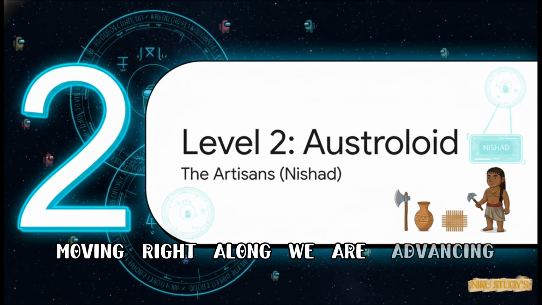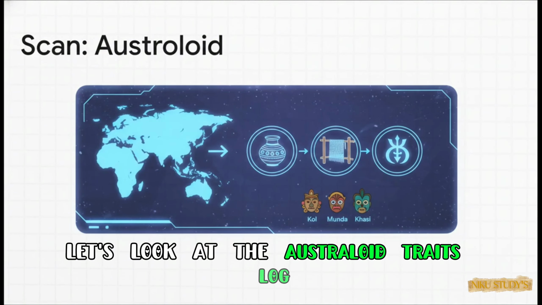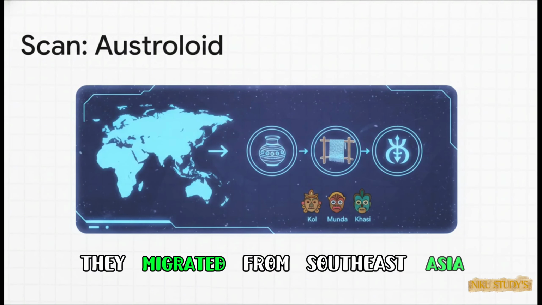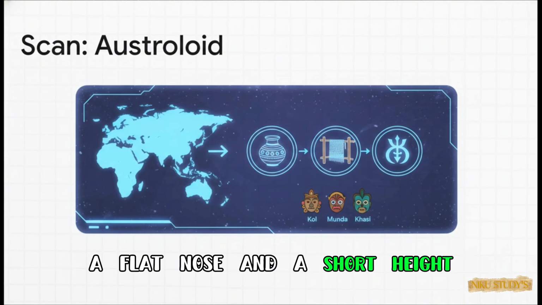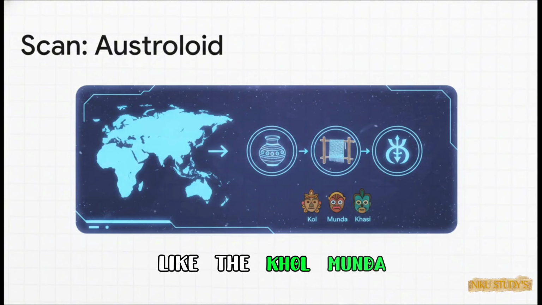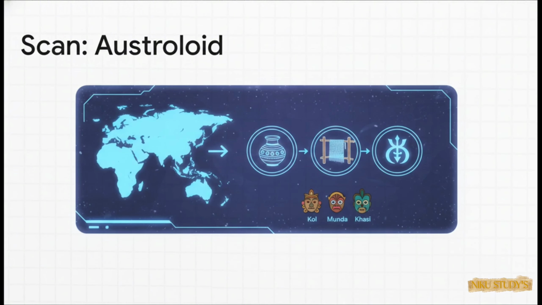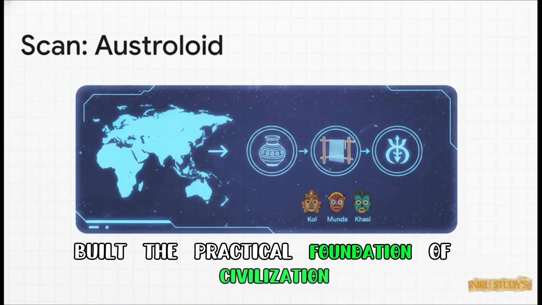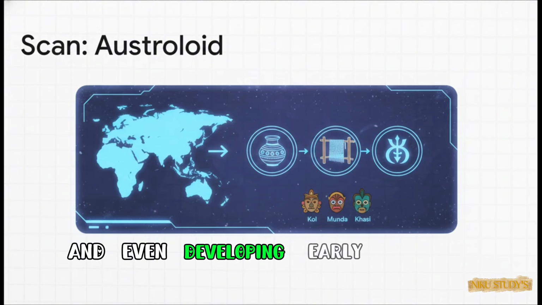Moving right along, we are advancing to Level 2. This brings us to the Austroloid people, a group whom the Aryans later named the Nishad. Let's look at the Austroloid traits log. They migrated from Southeast Asia, featuring black skin, a broad head, a flat nose, and a short height. Today, they are actually the ancestors of modern tribes like the Kol, Munda, and Kasi. But more importantly, they were incredible artisans. They literally built the practical foundation of civilization by crafting clay utensils, weaving cotton cloth, and even developing early religious